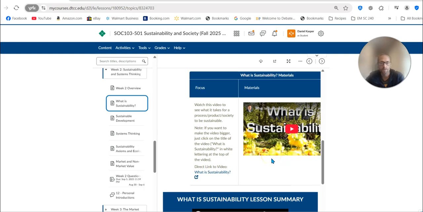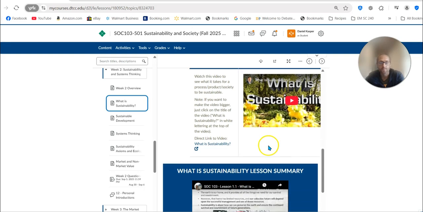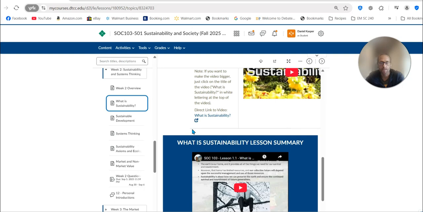It's a really good way to start thinking about what sustainability is, and gives you a really solid foundation for thinking about what it looks like and, in some ways, how to define it. Keep in mind there is no one way to define sustainability, and so you'll see any number of definitions out there, but there are certain ways to think about it. As much as anything, I'm not super concerned that you have a memorized definition. What I'm trying to do is provide a framework for how to think about sustainability and analyze things in the world: does it fit into that framework or not?